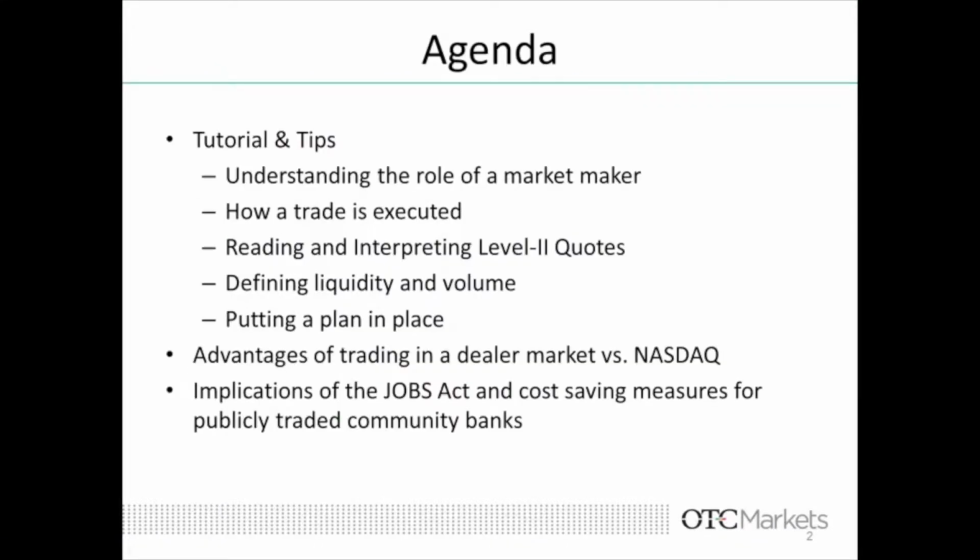So our webinar today will discuss what community and regional banks are doing to increase their liquidity and improve their overall shareholder value. I'm happy today to be joined by Tom Dooley, Senior Vice President at BOENNING Scattergood. And in our work advising community banks on capital and liquidity issues, one of the more common concerns we encounter is how to deal with a changing shareholder base and attract that new generation of investors to your community bank